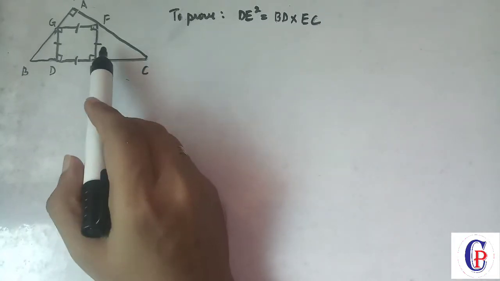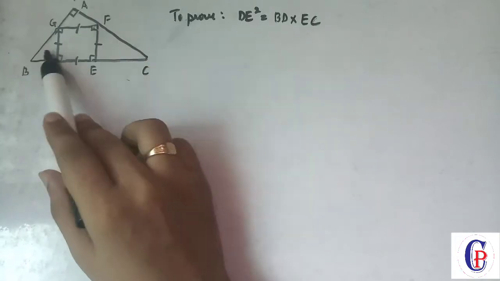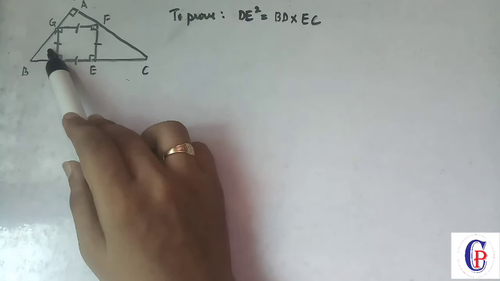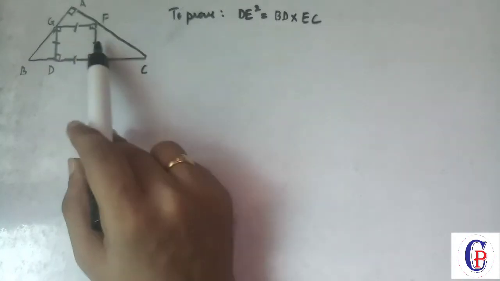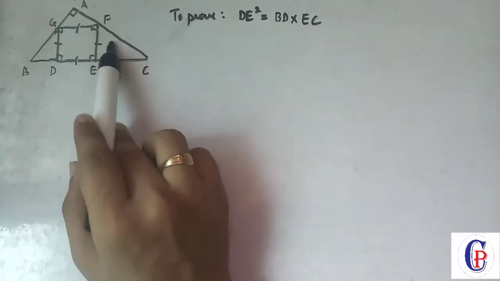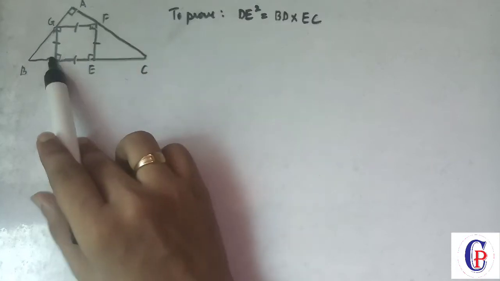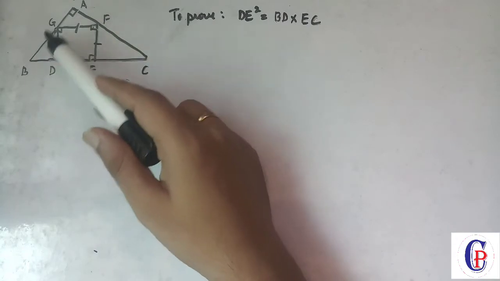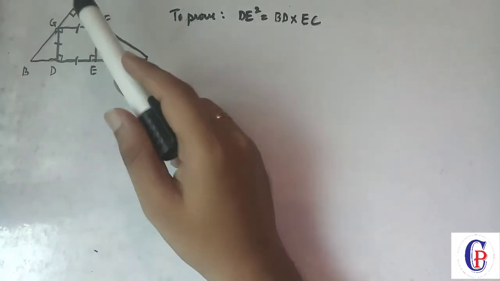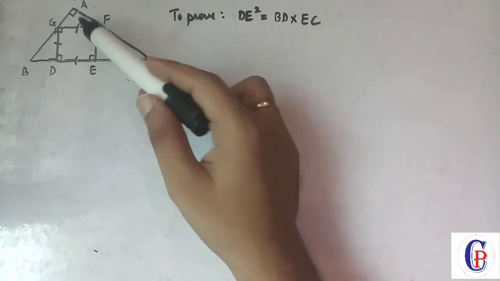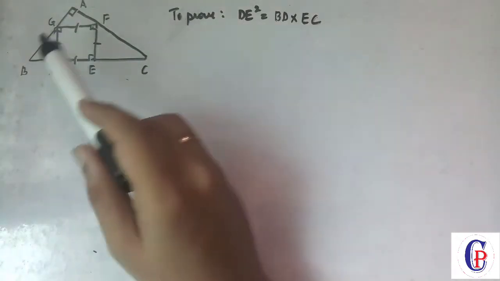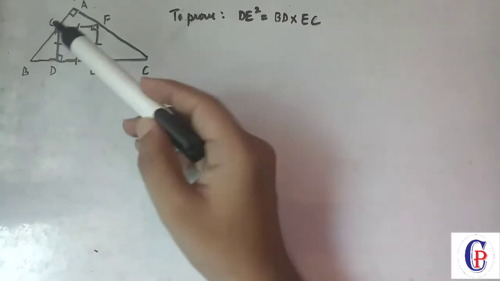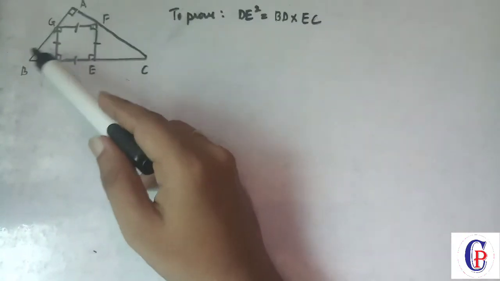So what we will do is we will prove these two triangles similar. But you can see here that this triangle is on the left side and this is on the right side. There is no connection between these two triangles. So to connect these two triangles, we have one more triangle here. If we show that these two triangles are similar, and if we also show that these two triangles are similar, we can say that these two triangles are also similar, right? So let us first prove these two triangles similar.